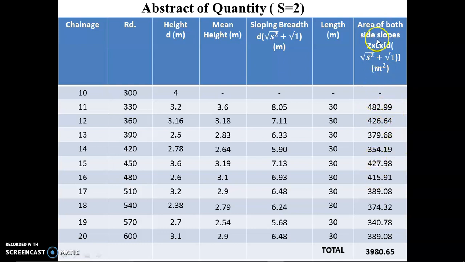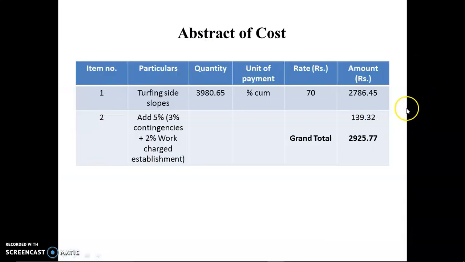So this is the area, but one column is also added, that is the quantity part. For that we have to multiply with the thickness of the work. Since thickness is not given, we count it as 1 and multiply with this 1, meaning I missed making one column here. So this is the process for how we find the abstract of cost for turfing or pitching work and for the quantity of earthwork for a particular distance.